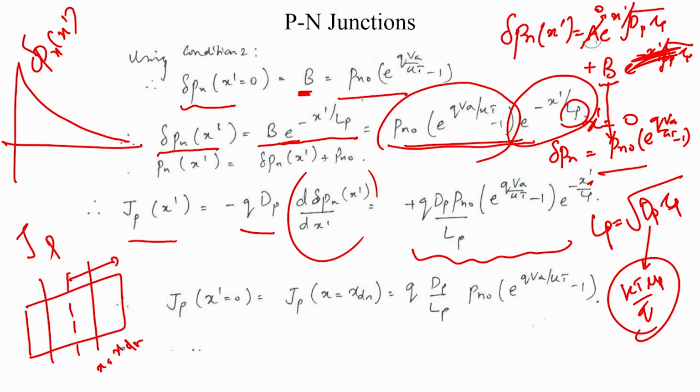So, this is the N side, that is the P side, that is x equal to minus x_dp, and that is x equal to x_dn or x dash equal to 0. We need to compute the diffusion current here at x dash equal to 0,